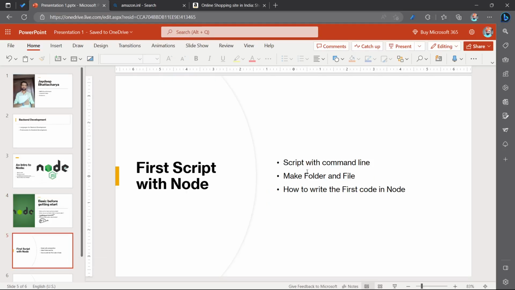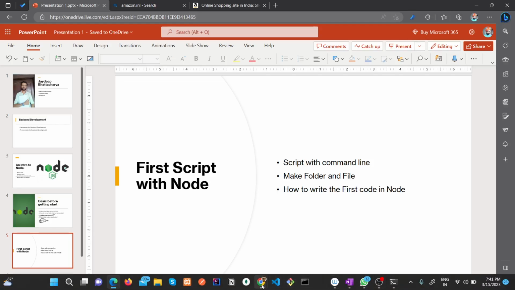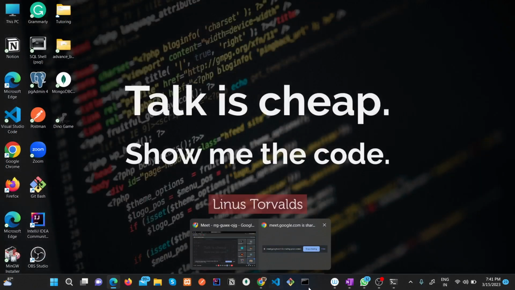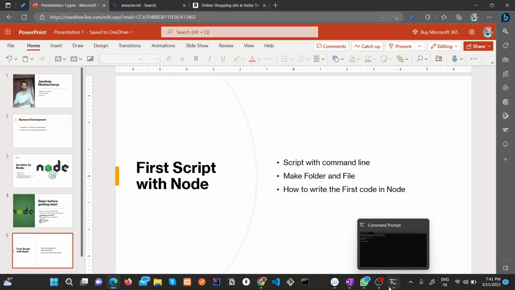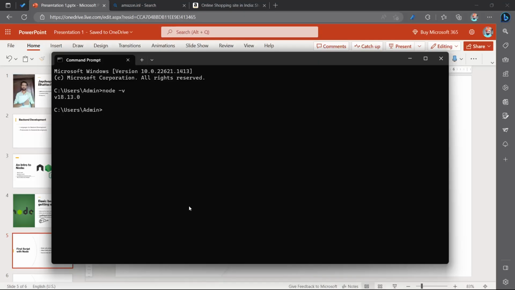What is the command line in Node.js? You just have to type node and press enter, and you will get this arrow. This is nothing but the command line.